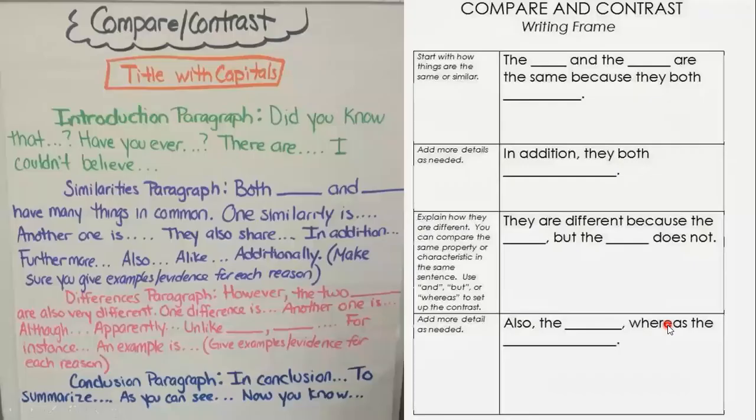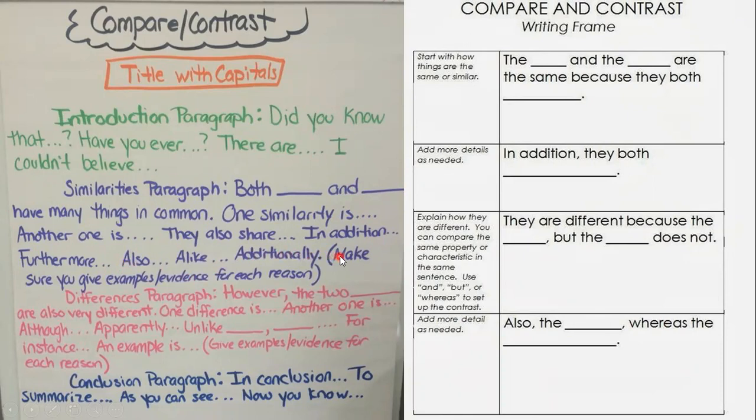Okay, now I put these two pictures, which are helpful to build your sentences using the transitional signals. You can say both this and this have many things in common. One similarity is blah, blah, blah. Another one is blah, blah, blah. They also share this and this. In addition, this and this. Furthermore, blah, blah, blah. So here, they're showing you how you use the transitional signals to introduce the similarities,